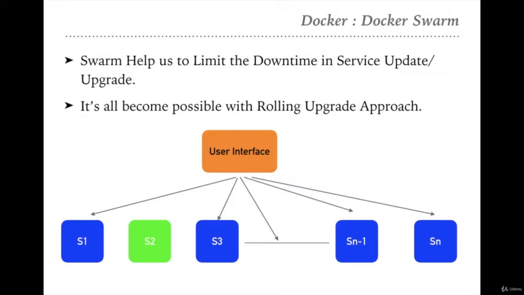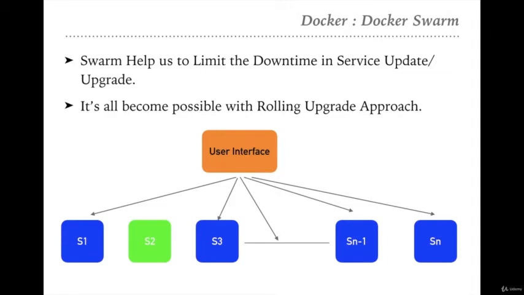So in general, today, companies are taking the first path. They are taking the maintenance window and upgrading their services in the maintenance window, right? But when we are talking about orchestration, Docker, Swarm, Kubernetes, we are basically automating the infrastructure. In that case, it is also the job of the DevOps engineer to implement the zero downtime upgrade in services, right? How can we achieve this? Zero downtime is only possible when we have multiple servers that are running the same application, same version, and serving the traffic to the end user.